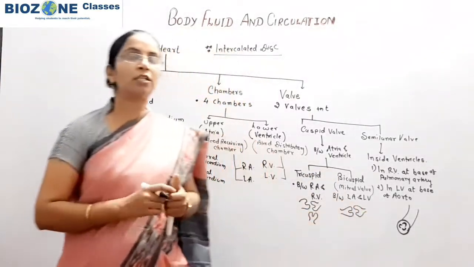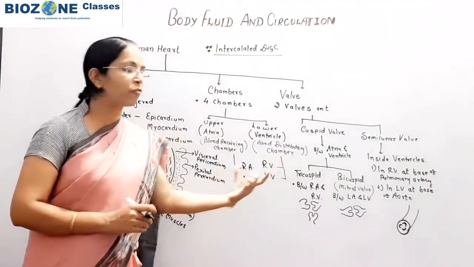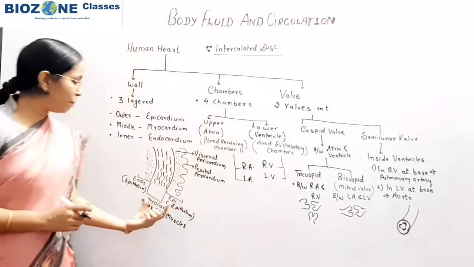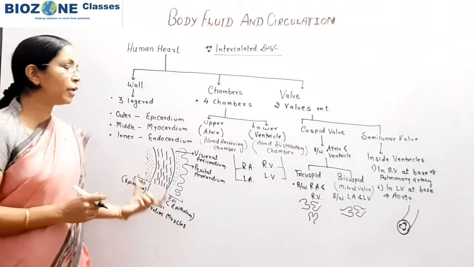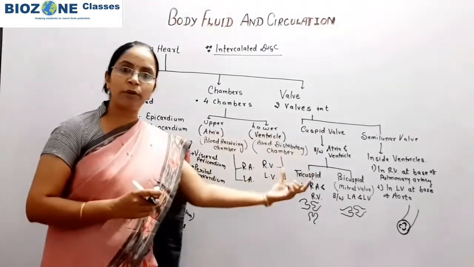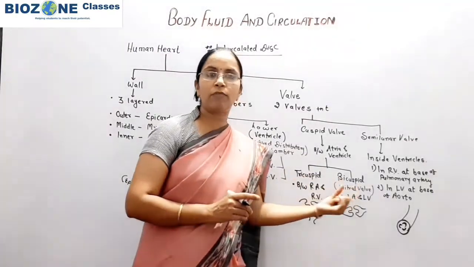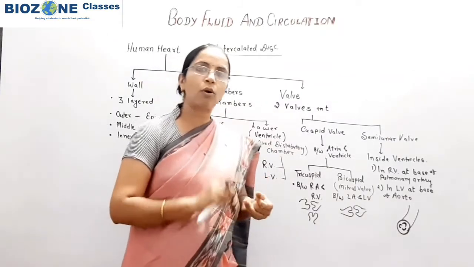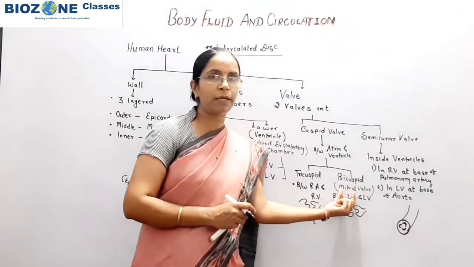So this is a general chart for recalling the structure of heart. In this part, mainly you go through the myocardium, the nature of myocardium, identical properties of cardiac muscle, and valves. You remember, most of the time the bicuspid and mitral valve comes in correctly paired match, incorrect match, or column type of questions also.